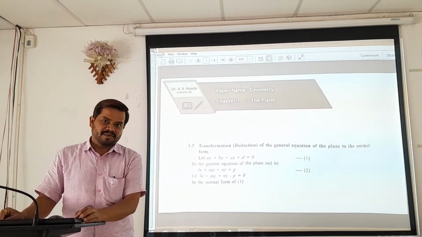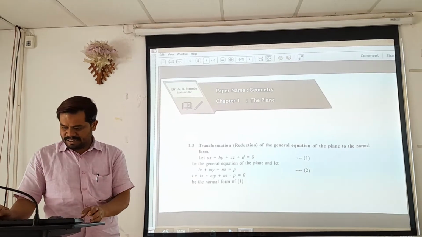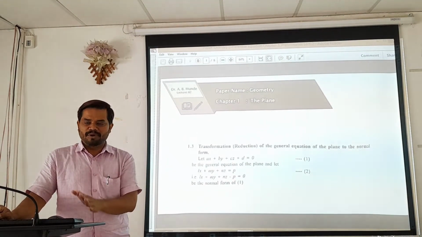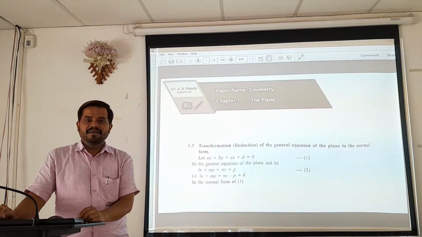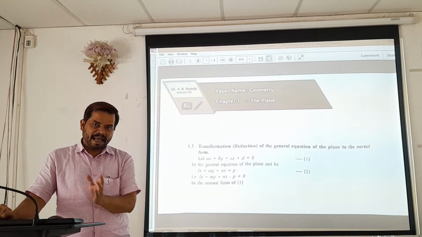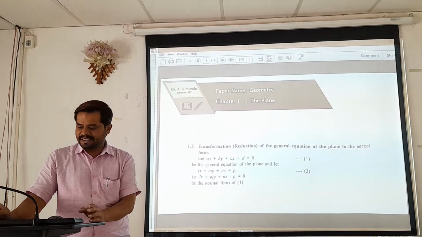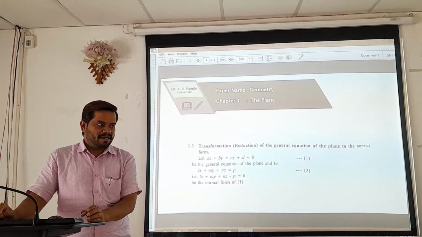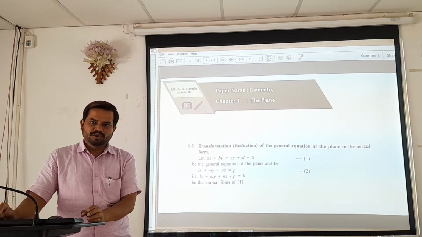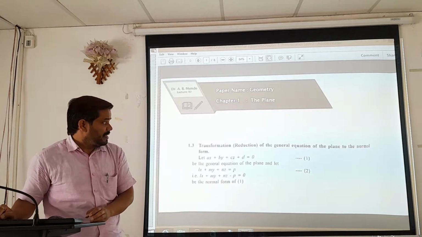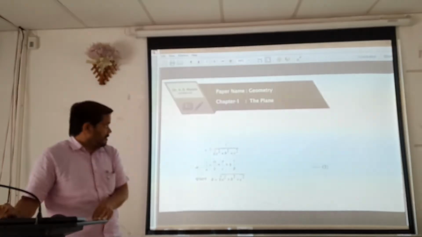In the last lecture, we discussed the transformation of the equation of a plane to normal form. Then we also discussed how to find the angle between two planes, and we solved one example. I have given you two examples which are left as an exercise. So today we will learn